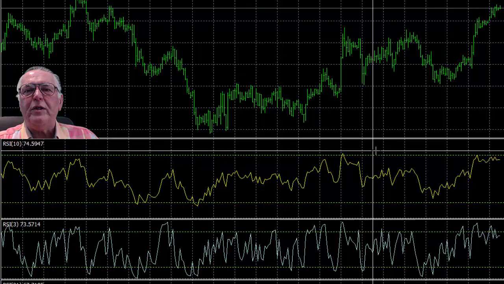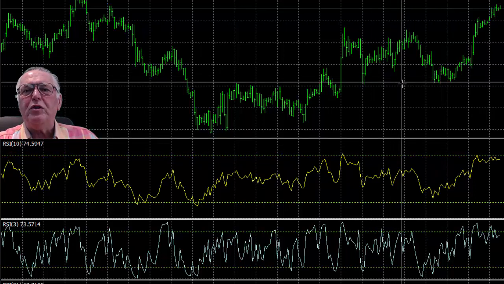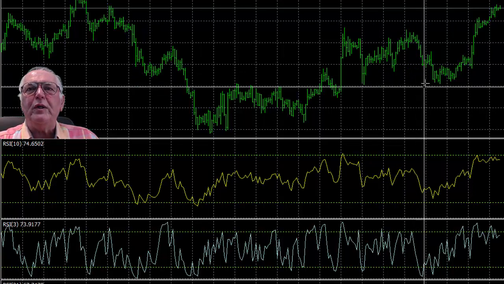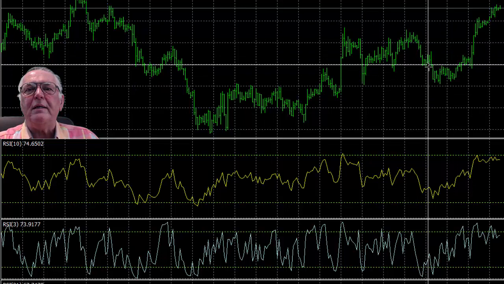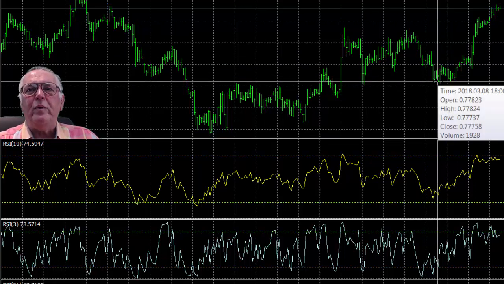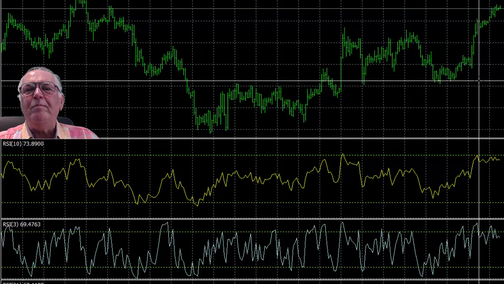There it's caught a nice turning point in the market. There it's caught a turning point. It did go down short duration. There's another example of a signal that was too early. Halfway through the trend it gave a signal, and then it gave another signal at the end of the trend. So it did make up for its incorrect signal. And then here's another one much too early in the trend, and then it caught, and then again much too early